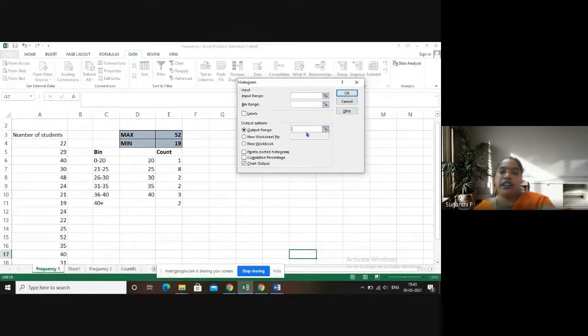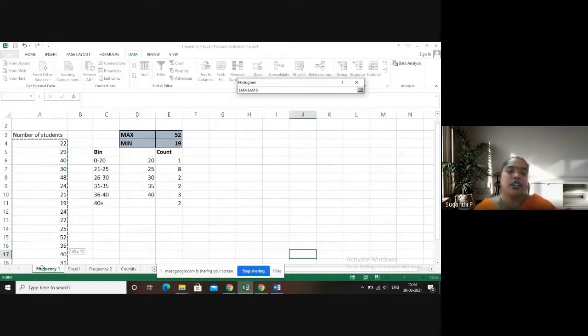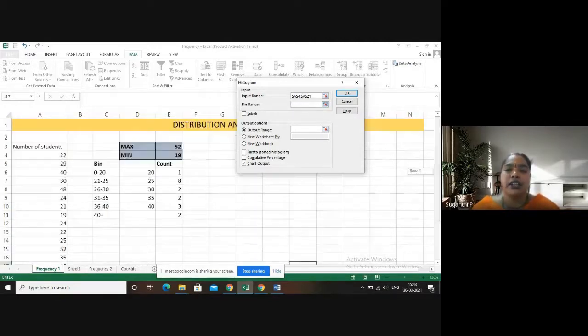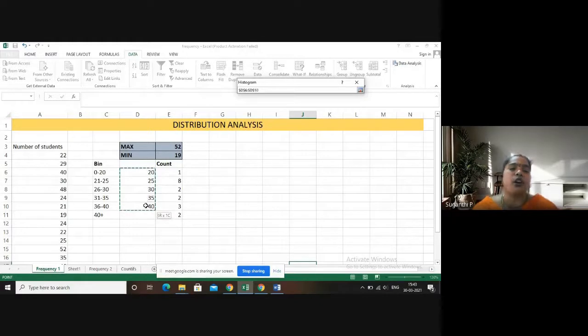Here I'm just deleting everything and creating it once again. Keep the cursor in input range, then select your data input from A4 to A21. The dollar symbol will come automatically because it gives the exact referencing. And then bin range. Keep the cursor in bin range and then select the upper limit of all the values.